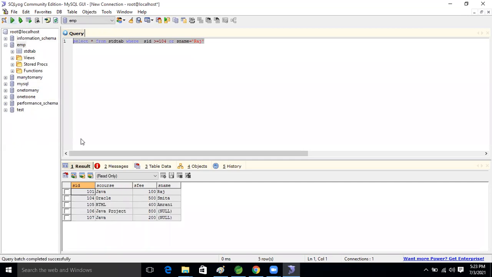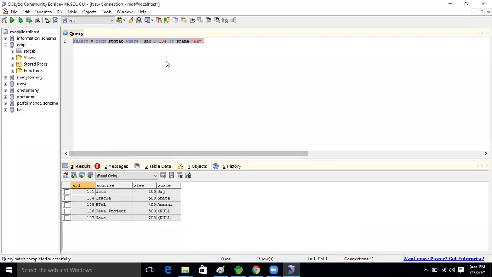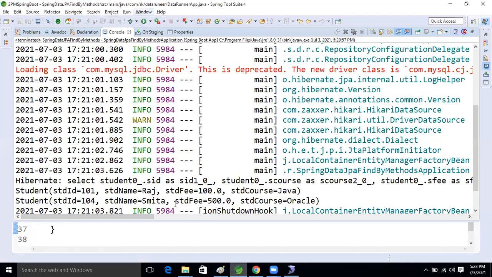This result, right? This means 5 records we are getting. So for that let's write the method, guys. Because equal to also, we have to take greater than or equal to, then we will get the result. And here we are just taking our condition only.